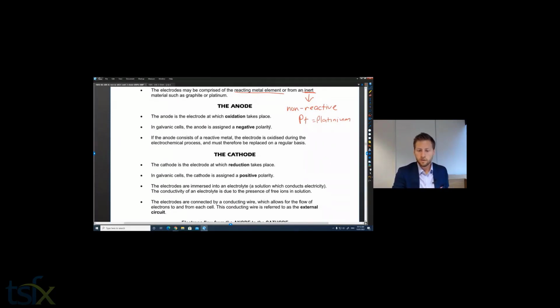All right, anode, oxidation, cathode, reduction. Cathode is positive and anode is negative, and that's because the anode is the source of the electrons. Electrons are negative charge. So if the electrons come from the anode,